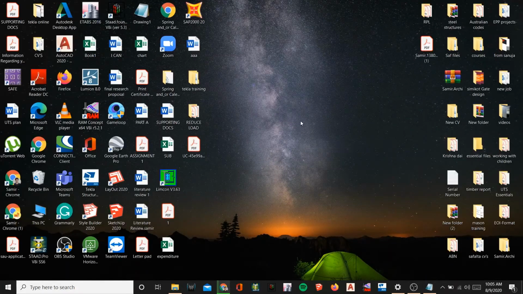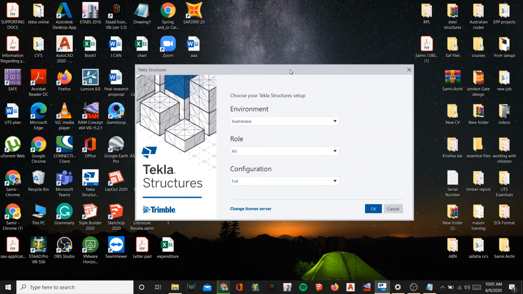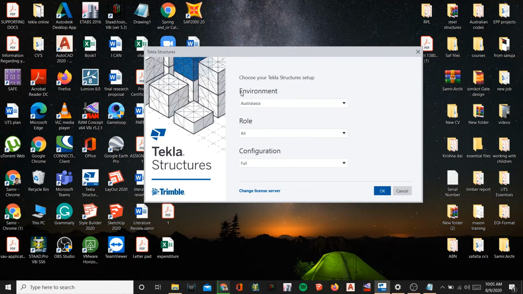Tekla Structures is very powerful software that you can use for design or drafting. If you install it the first time, you may not see these codes, Indian, Australian code. You can only see the blank project. So if you want to add standards according to your country, then you have to go to the link